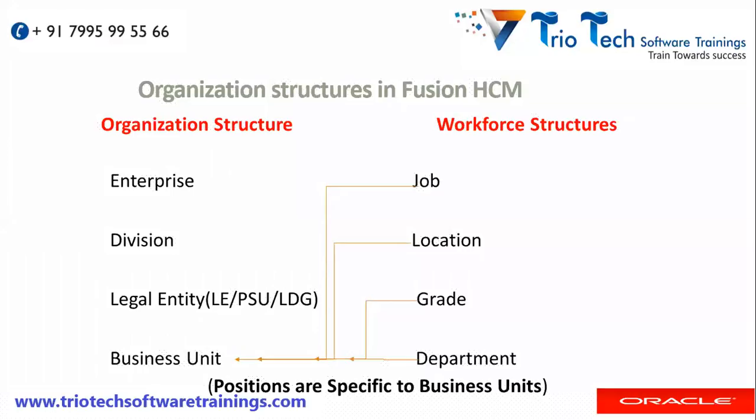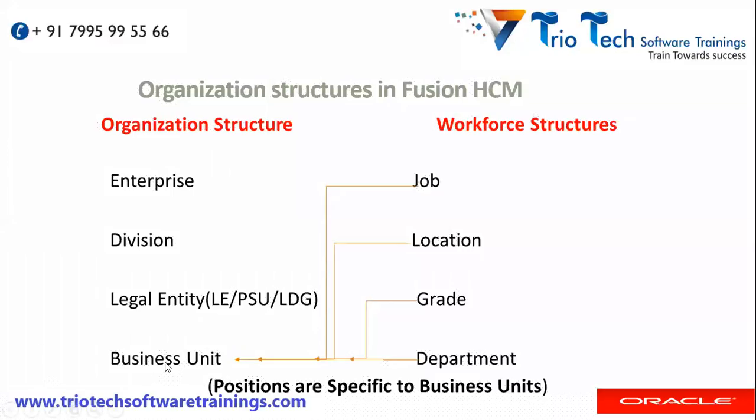This will be the enterprise, which is your ultimate holding company. And these are the divisions under that enterprise. Under that, you are having companies. So under Reliance India division, I will have the companies that are registered in India. Under Reliance US division, I will have companies that are operating in US. Under UK, the companies which are operating in UK, legal entities. Under legal entities, we will have the concept of business units.